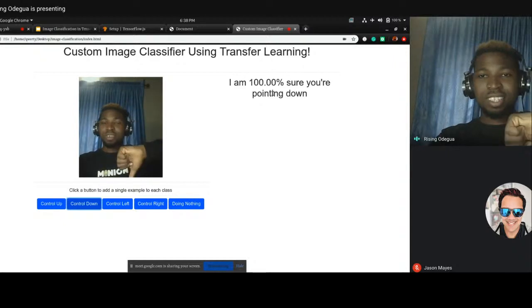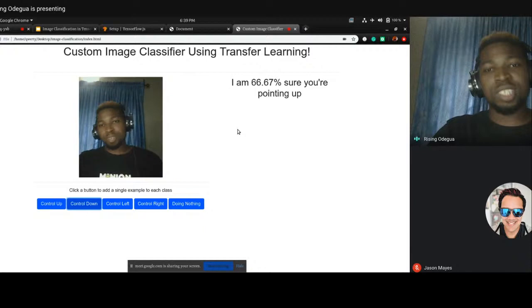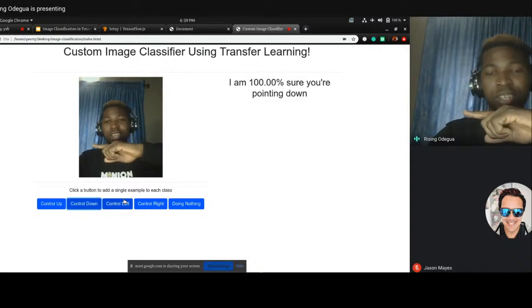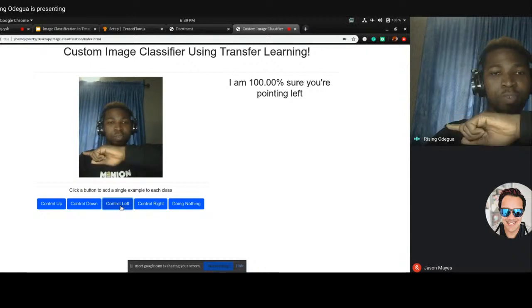Okay, so you can see how cool that is because you are leveraging transfer learning, and this is done in real time. So it's both learning and predicting at the same time. So it can't detect class left yet because, let's see, this is left. I've not added the class, so you can see it's saying I'm pointing down. So if I add a single example by clicking on this, this is the second. So this is just 2 examples. I have 66% accuracy. 3, yeah, you can see. So I added 5 examples and I have 100% accuracy for pointing left.